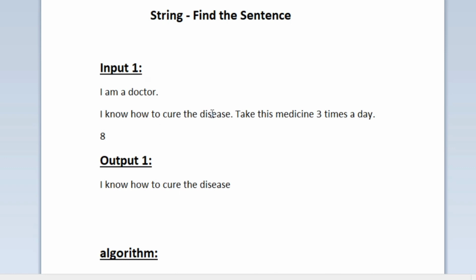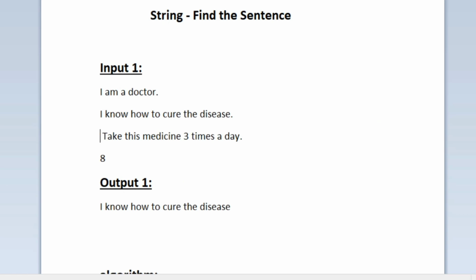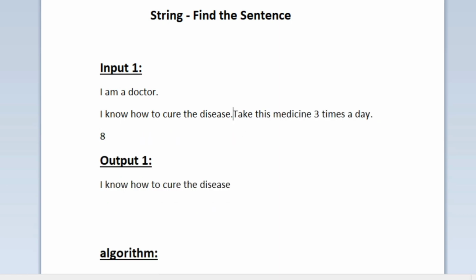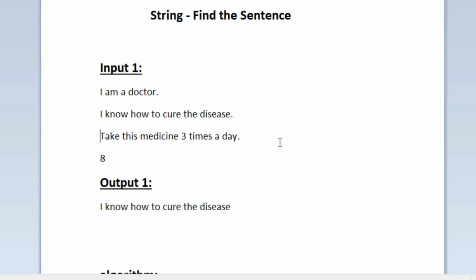The first sentence is I am a doctor, and now again we are able to find a word which contains the character dot. So that is the end of the second sentence. I know how to cure the disease is the second sentence, and the remaining words are the third sentence. So these are all the three sentences present in the given input paragraph, and now we have to find the